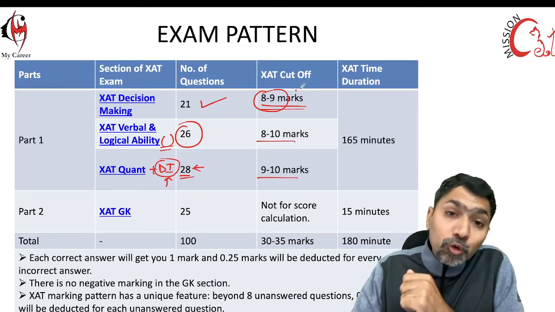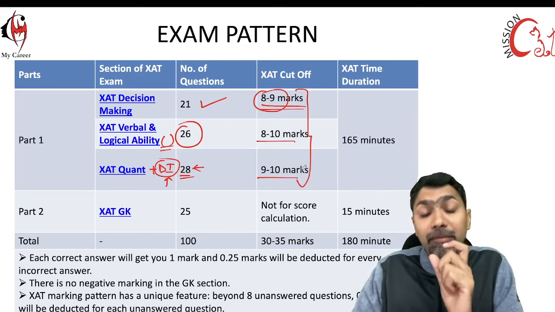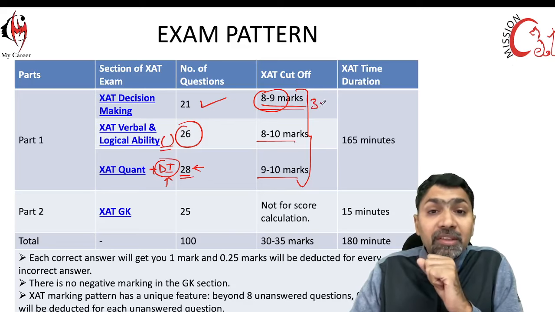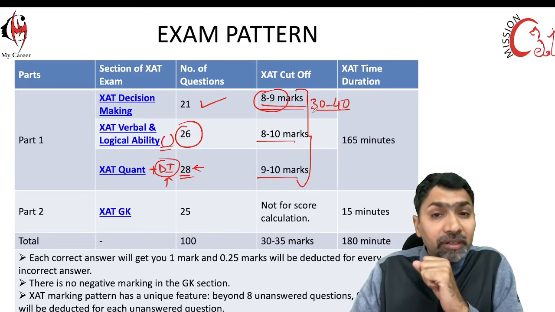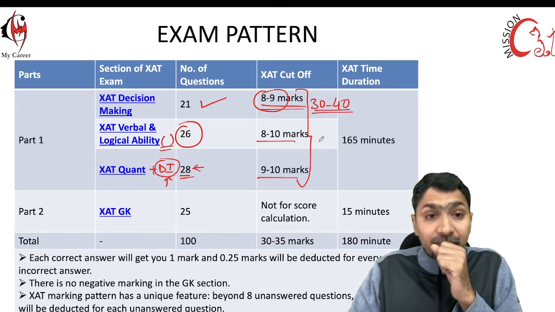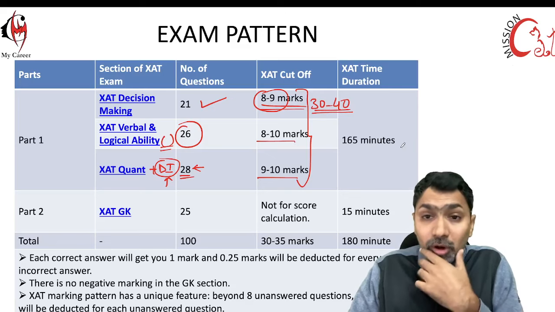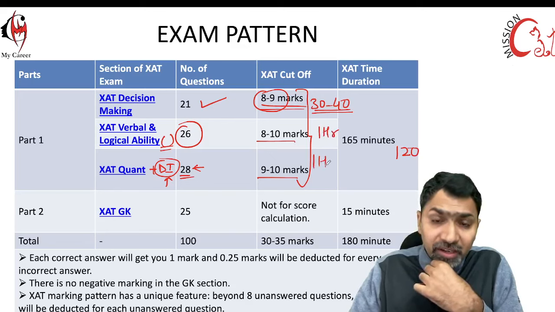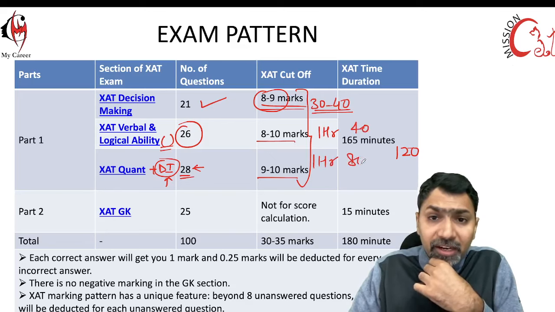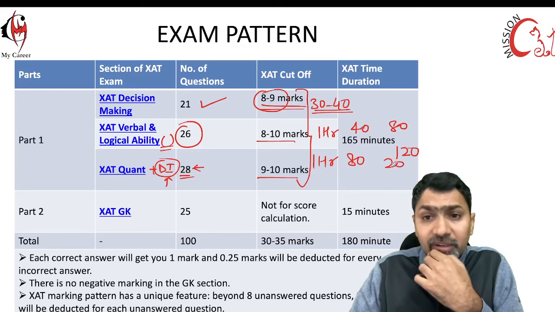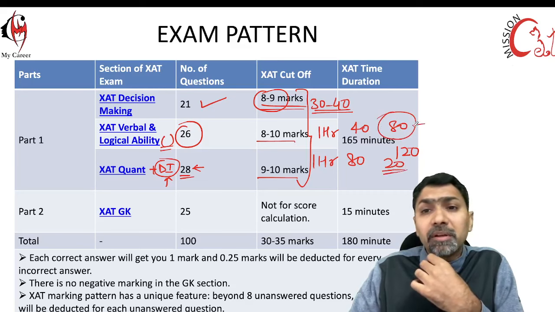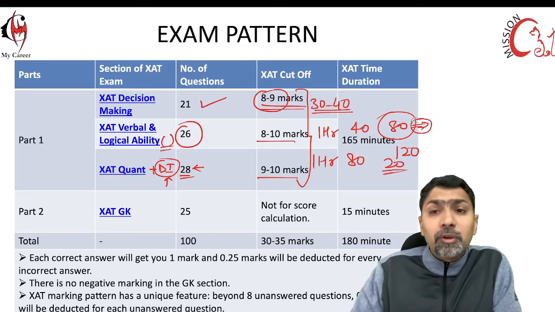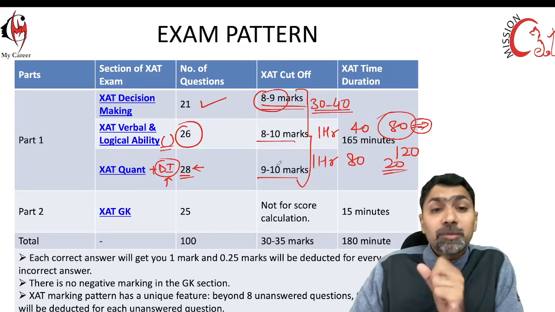There are a good number of questions from data interpretation, I must say, but the cutoff remains very, very low. So when you plan and prepare for this examination, the strategy you need to make is how you distribute your time. This should not be more than 30 to 40 minutes. The logical, verbal ability and quantitative sections may take all your 120 minutes. Maybe 1 hour here and 1 hour there, or 40 minutes here and 80 minutes there, or 80 minutes here and 20 minutes there. This will not take you more than 60 minutes in any case, but if you are weak at verbal and want to clear the cutoff, you must spend that much time.